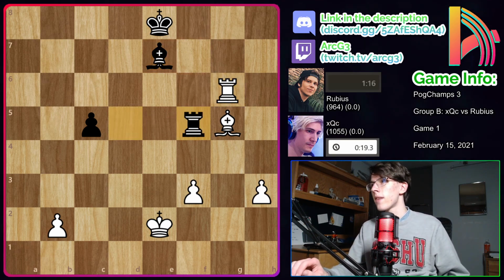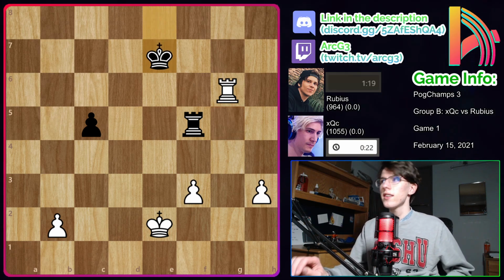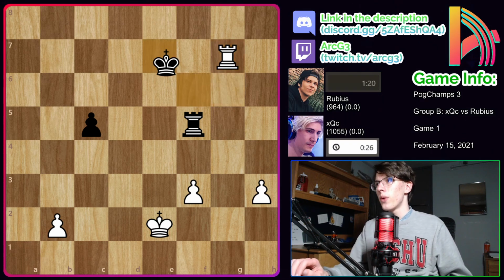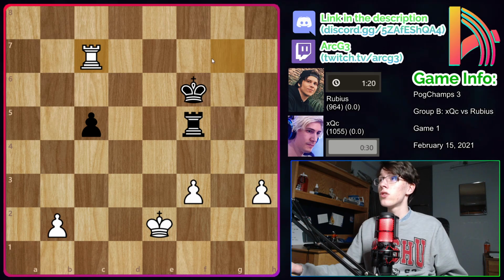We have rook takes f5 and bishop takes e7 once again. xQc wants to get those trades in. King takes e7 and rook g7 check. We have king f6, rook c7, and this move is actually a blunder. Here you needed to play like rook g3, but this is